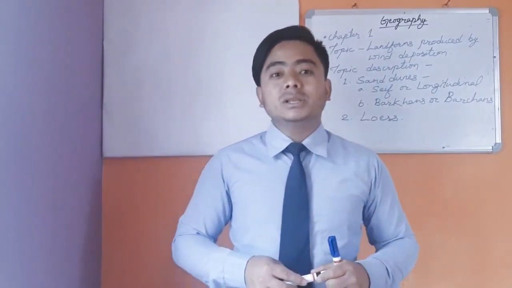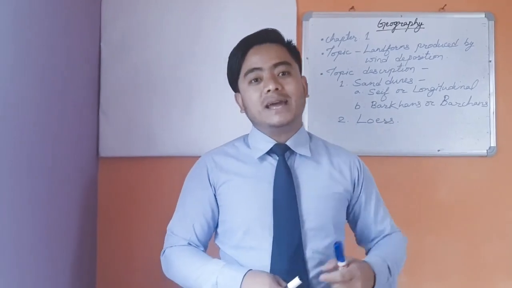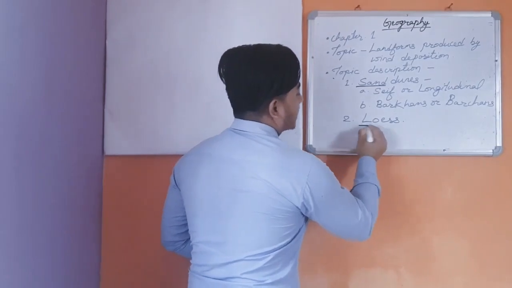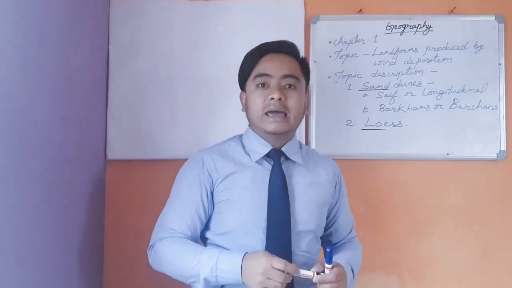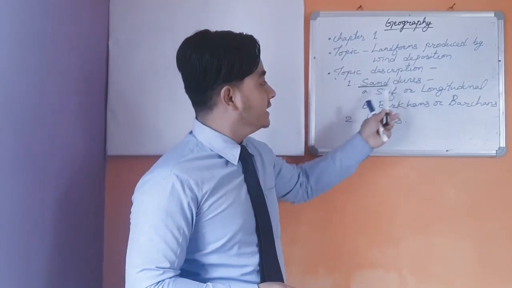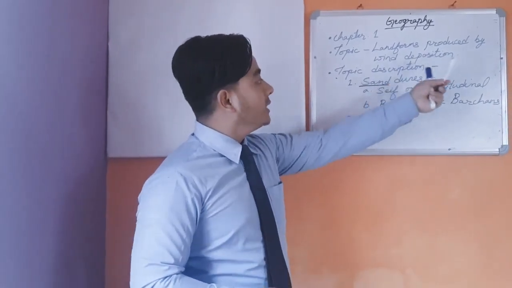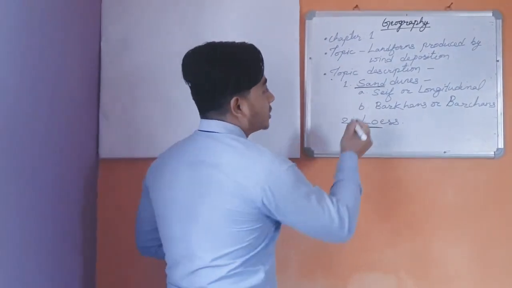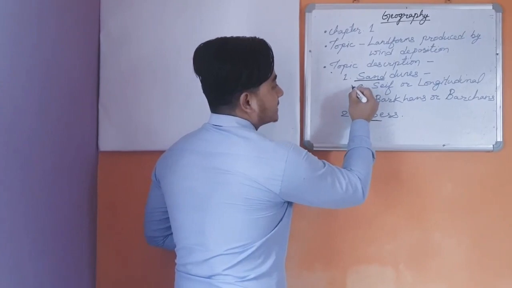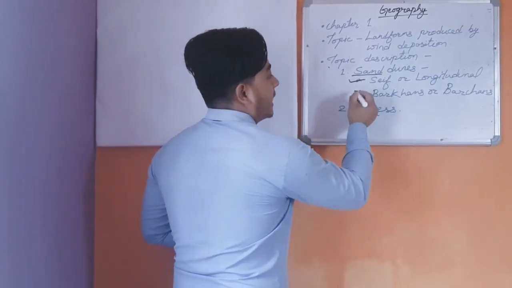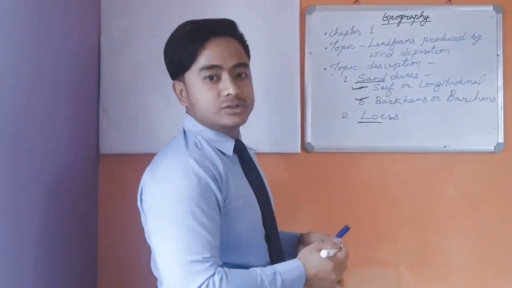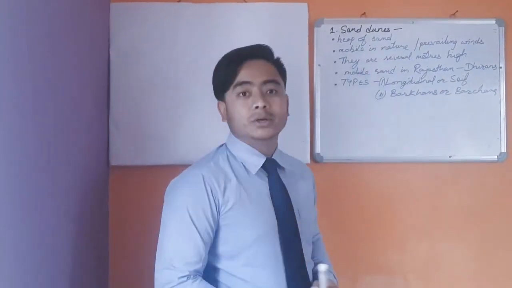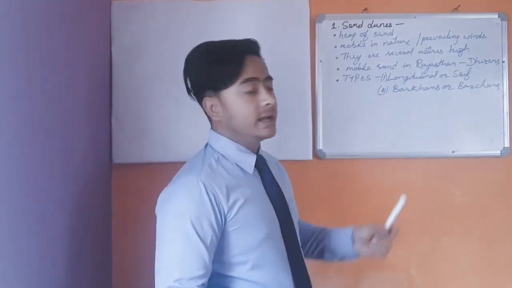And wind deposition mainly produces 2 types of landforms. First one, sand dunes, and second one, Loess. And several types of sand dunes are formed by wind deposition. But in this lesson, we will mainly discuss 2 types of landform, that is Seif or longitudinal dunes and Barkhans. So now let's discuss the first type of landform produced by wind deposition, that is sand